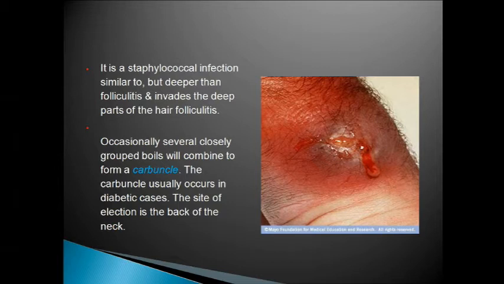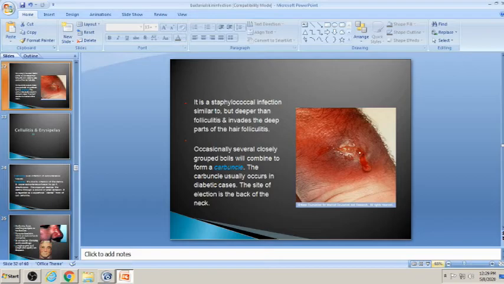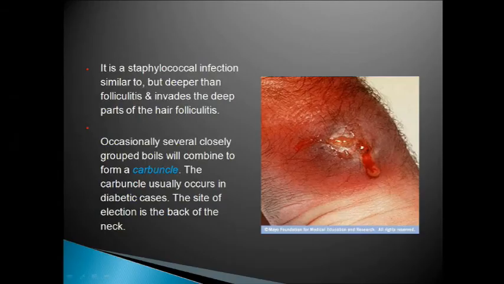Carbuncle is like a jewel, a cluster of jewel-like appearance. Suppose multiple lesions are present here, it will give rise to a carbuncle. Usually these lesions are seen on exposed parts, in the flexures, like the flexural part of the neck and the arm, in immunocompromised patients, and over hairy parts of the skin. Obviously it will never be present over the palms and soles, because folliculitis is an infection of the hair follicle, so it will not affect the palms and the soles, but definitely it will affect hairy parts, that is the back, chest, face, hands, neck and legs.